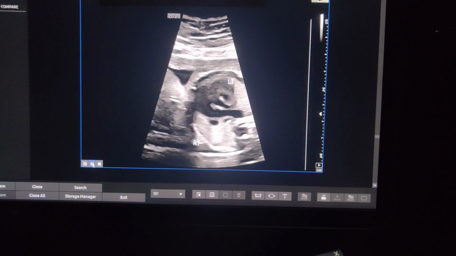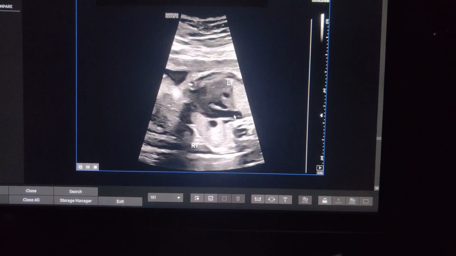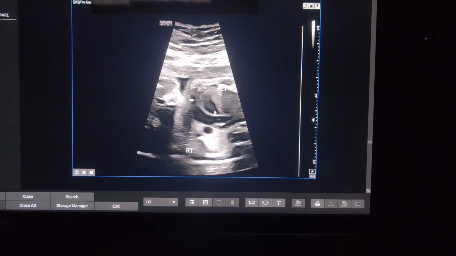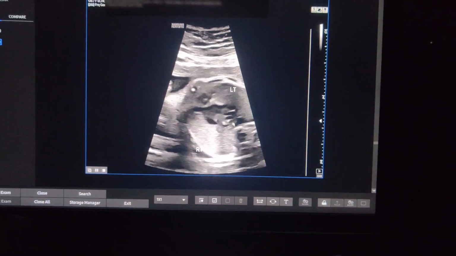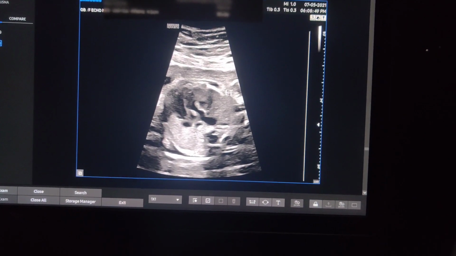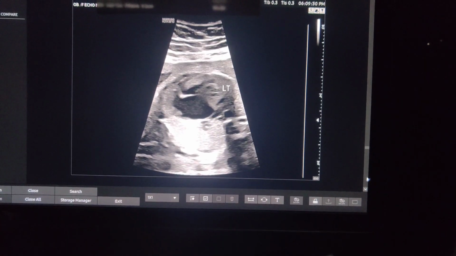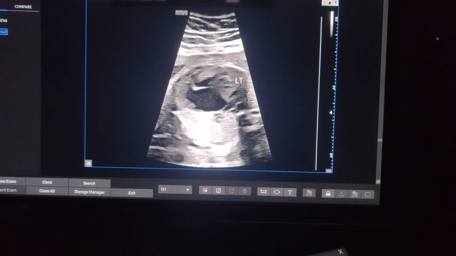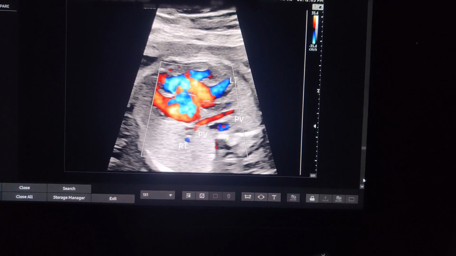So that's again three vessel view. That's the V confluence of the duct. This is the duct. That's the aorta. That's the V confluence. So having done this, I again go back to look at the pulmonary veins. There are no pulmonary veins.